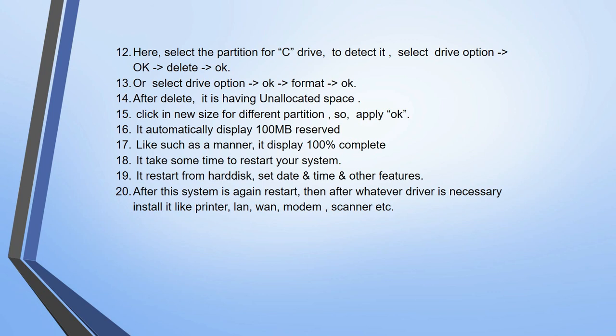Because all related and important software should be installed in C drive, and your working files or important files you should store in another drive. That is better for you. Always C is reserved for your system software and other application software, and your data are to be stored inside your D or other drive. So on this topic you got the idea of how to install the Windows 7 OS into your system.